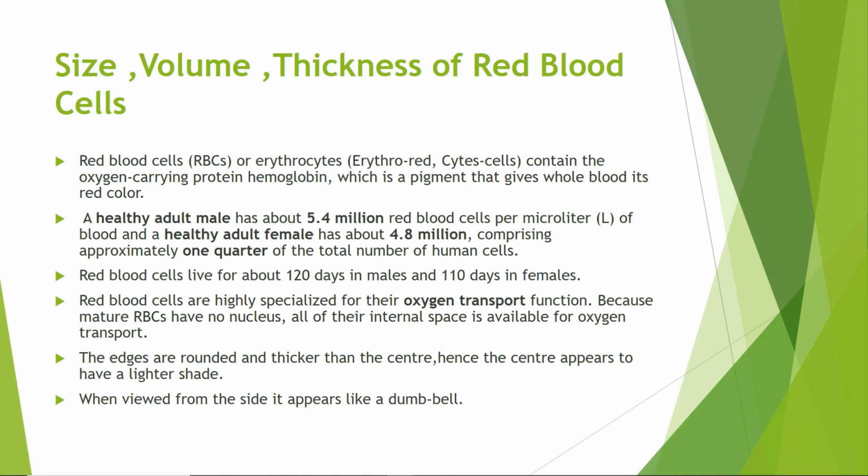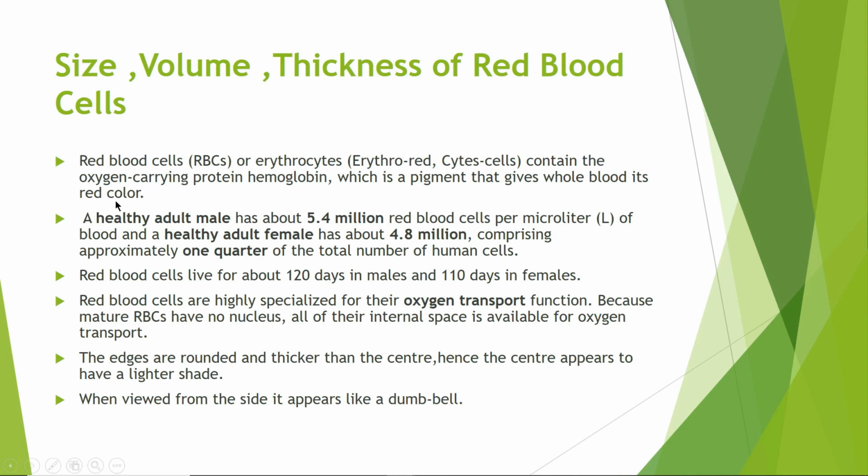So firstly, we will discuss what is the size, volume and thickness of RBCs. RBCs or erythrocytes are the common name of RBCs because RBCs are red in color. So erythro means red and cytes means cells. RBCs contain the oxygen carrying protein hemoglobin, which is a pigment that gives whole blood its red color. So a very important function of RBCs is that they have this hemoglobin with them, and this hemoglobin is something which gives our blood its